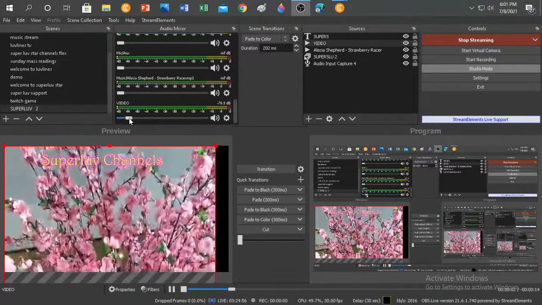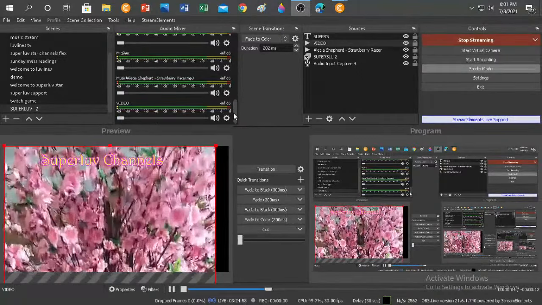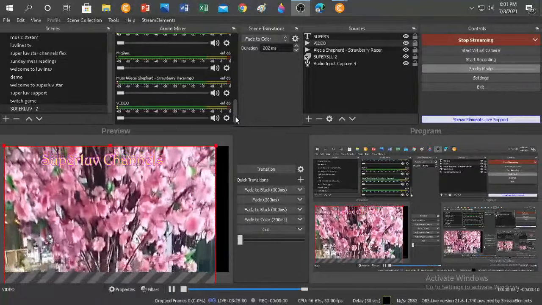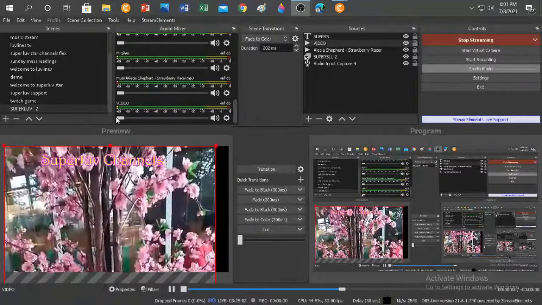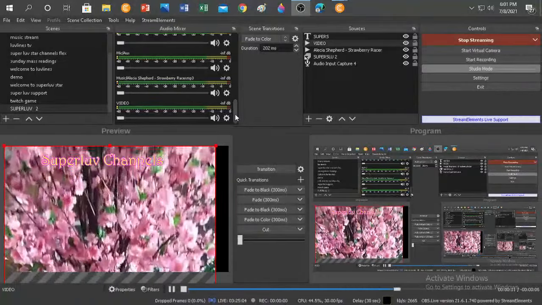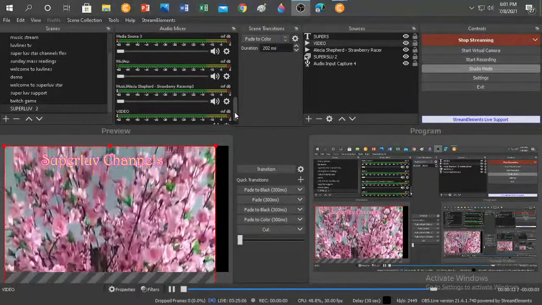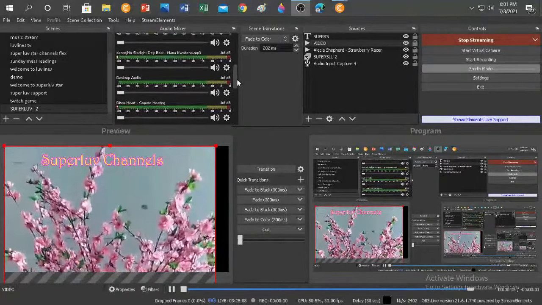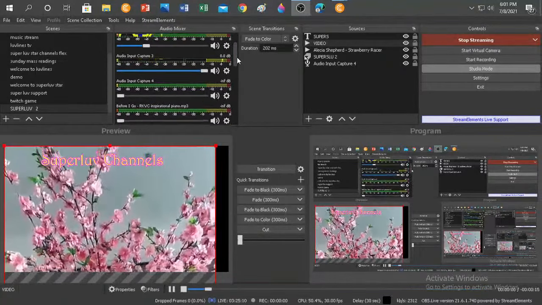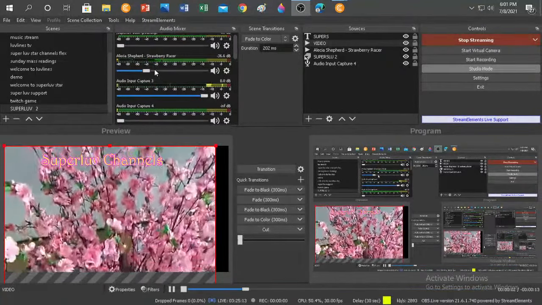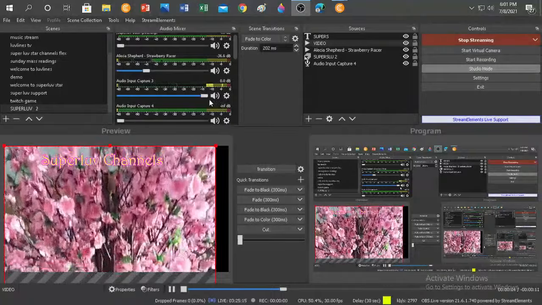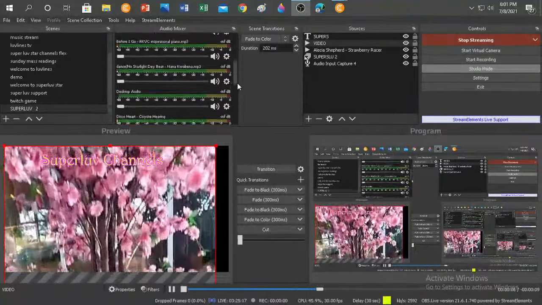Sa video kanina, mayroon siyang sariling sound. Kaya tigilan natin yung sound nun. I-off ang sound. Off the sound of the video. Dapat naka-zero. Check out the other things that are here. The sounds na magiging kaagaw ng ating sounds. So we have here the music, the audio input capture,